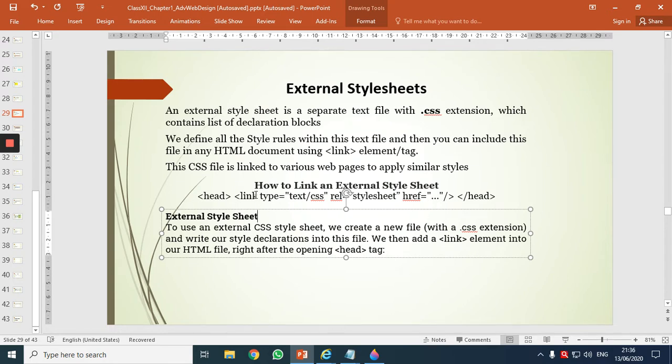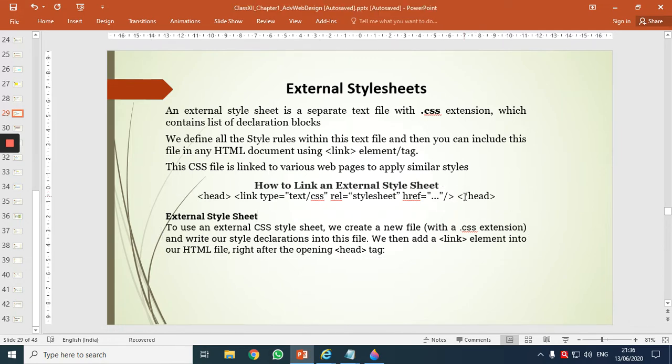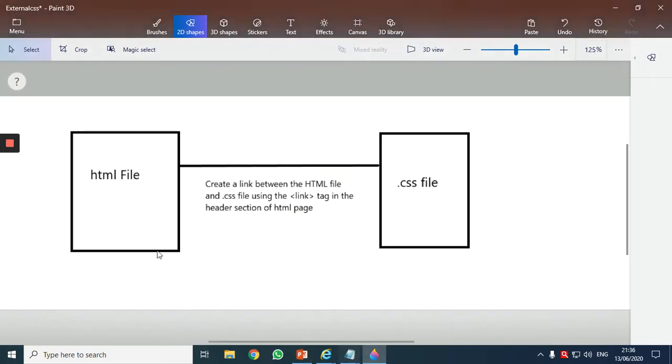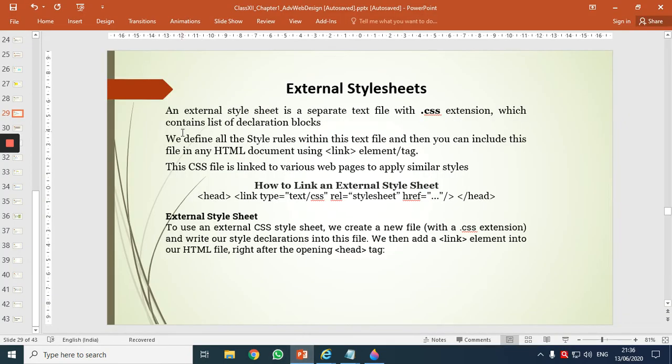This link tag is placed in the header section, that is between the head and the head close of my HTML file, correct? Because the header section will be only in this particular file, the HTML file. So in the HTML notepad, the header section will carry a new singular tag called link.